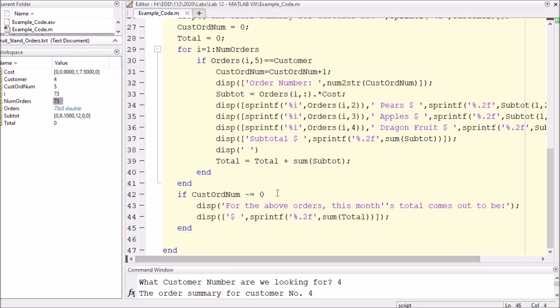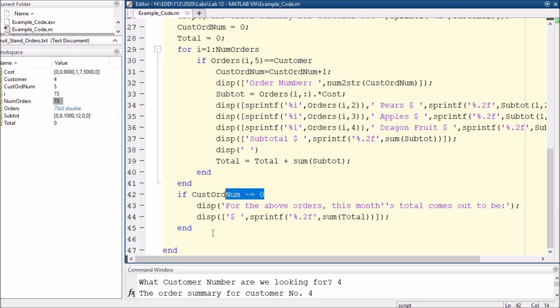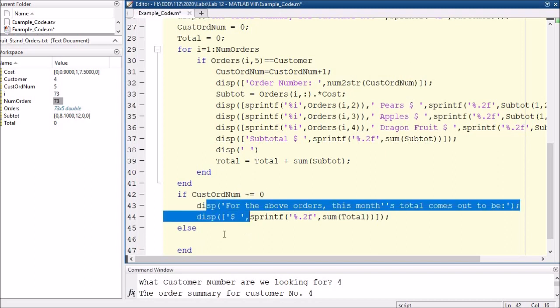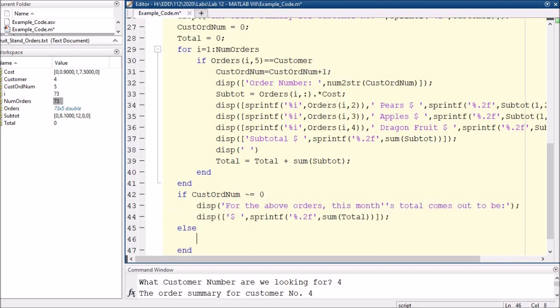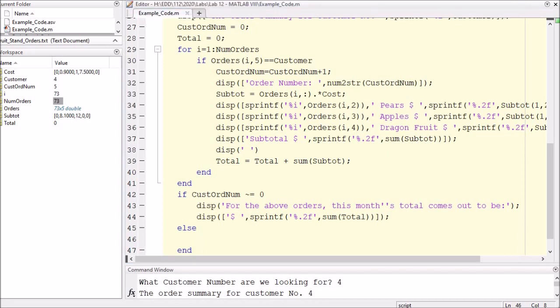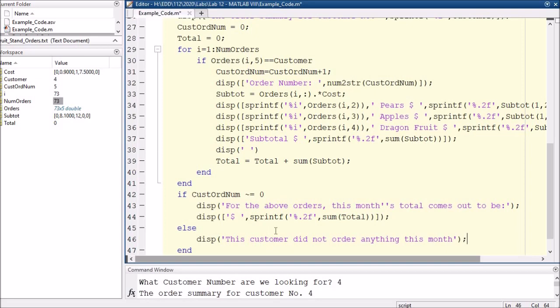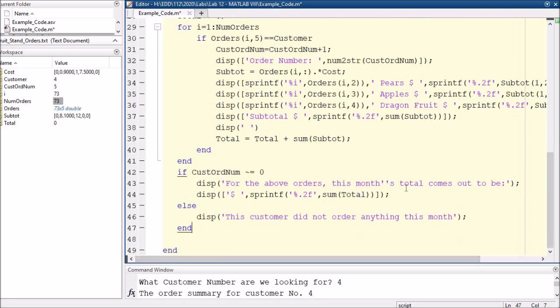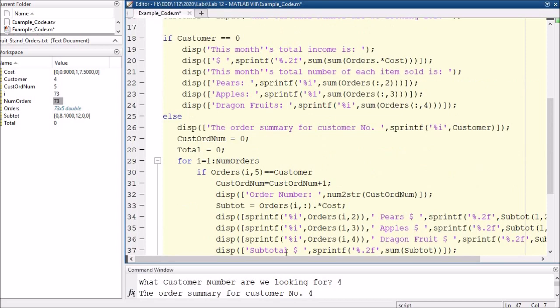If this customer didn't order anything, then this is going to be 0. So we'd have an else here. If it's not 0, it does this. If it is 0, it needs to do an else. And we can just output a simple little statement saying this customer didn't order anything, and this will output everything. So if I run this again,